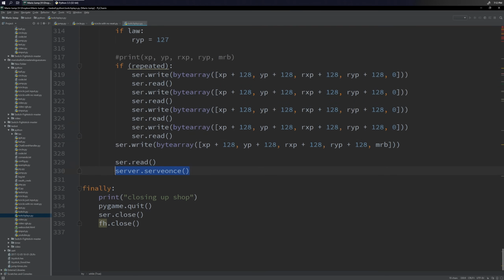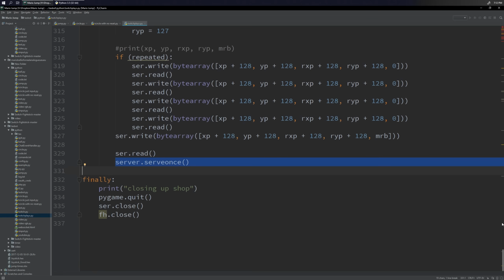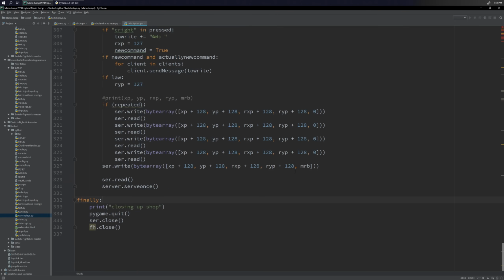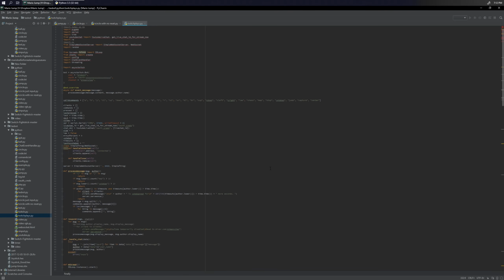And then yeah, ser.read is that same boilerplate from the volleybot, and then server.serve once serves the WebSocket server. And that, my friends, is it. That is the code that powers YouTube Plays Super Mario Odyssey. And as you can see, if you try to download this code and run your own live stream using this code, you're gonna have a bad time. I do not recommend anyone do that.